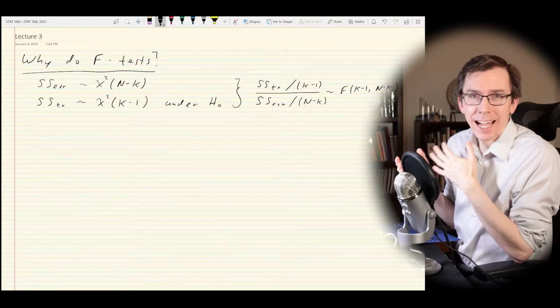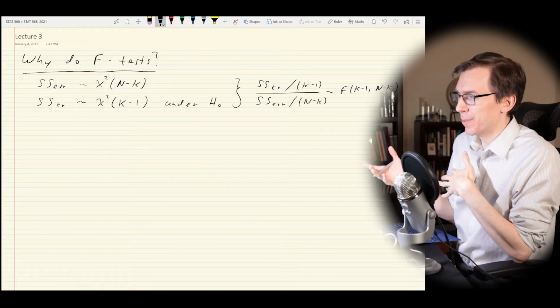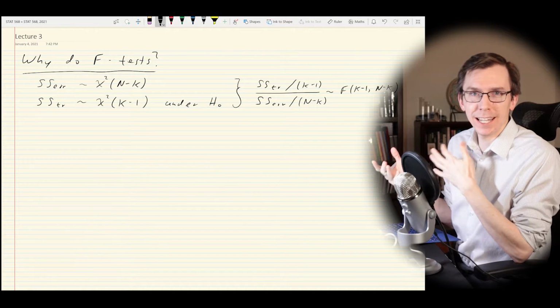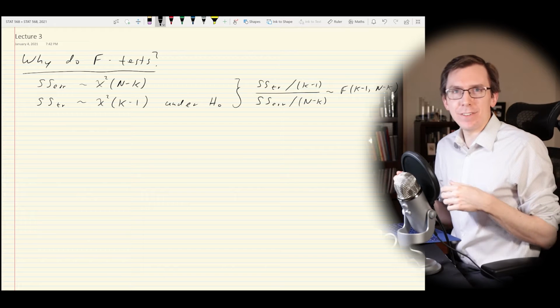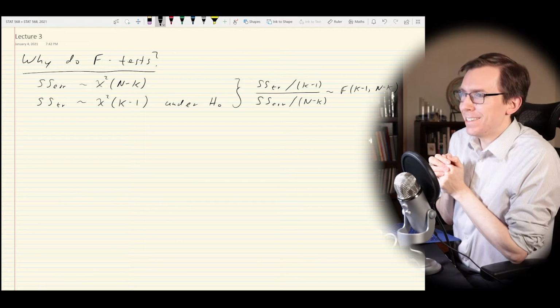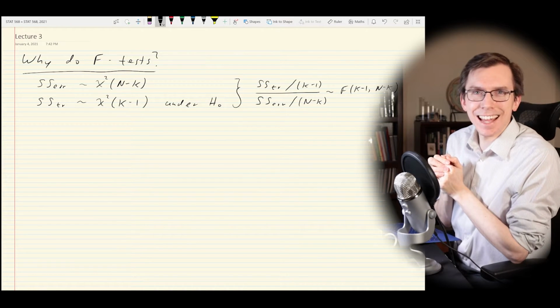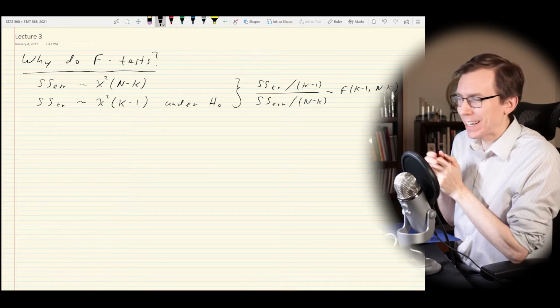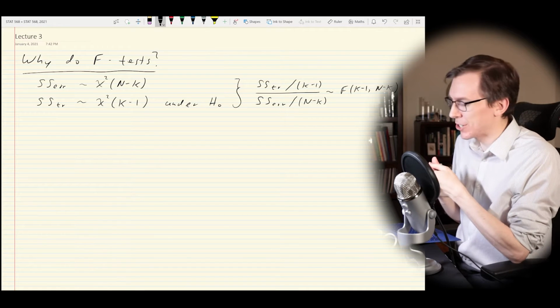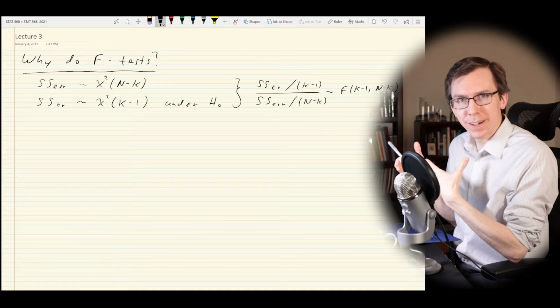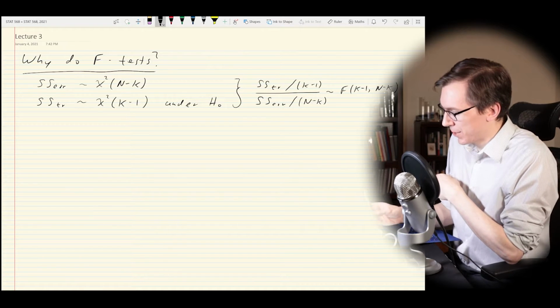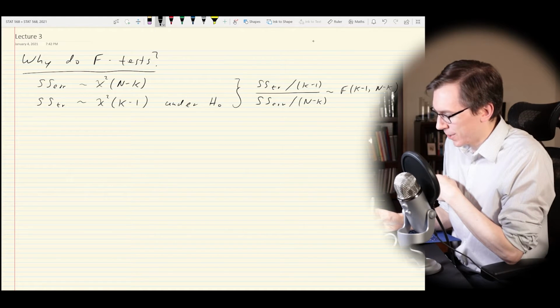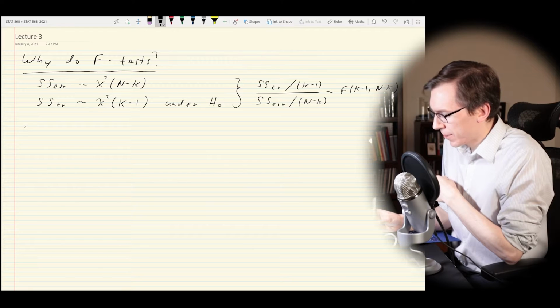So the reason why we actually want to use the F distribution comes from something called the likelihood ratio. If you've taken a second year undergrad course in stats, or perhaps a math stats course, I'm not exactly sure when they teach the likelihood ratio, but it is really a fundamental tool. So in case you haven't seen it or you need a little refresher, the likelihood ratio